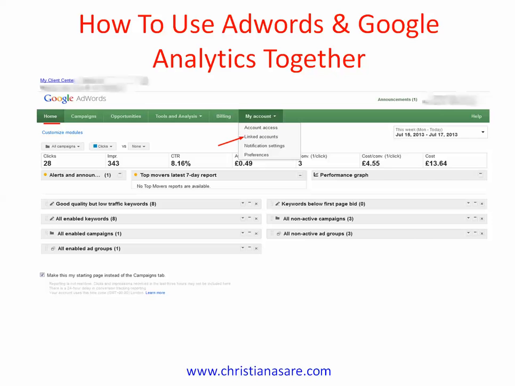So from wherever you are within your AdWords dashboard, in this case I'm actually at the home page, but whether you're at the campaigns page, the opportunities page, the billing page, or tools and analysis, what you need to do is click on the My Account tab, and then you'll see a drop down menu, and then select linked accounts. Once you do that,